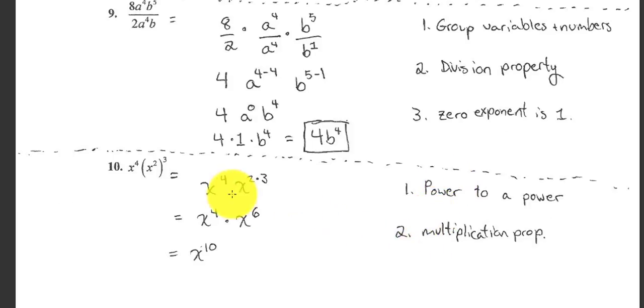Number 10. I remember PEMDAS, right? Please excuse my dear Aunt Sally. You do what's in parentheses first, then exponents, then multiplication. So the x squared raised to the 3rd, so that's a power raised to another power. That this time we multiply, right? That's a little bit different